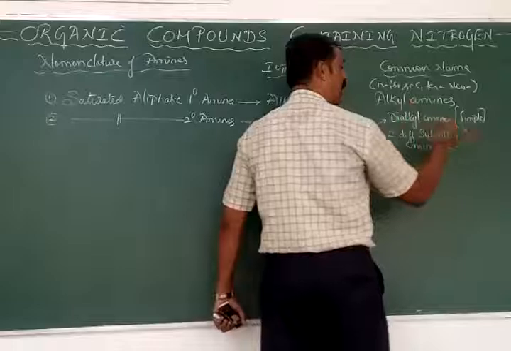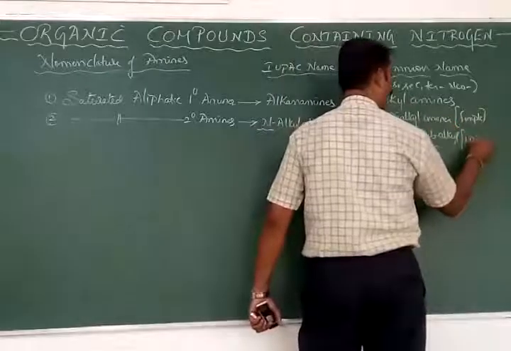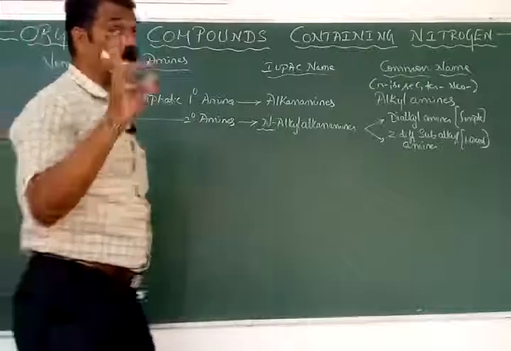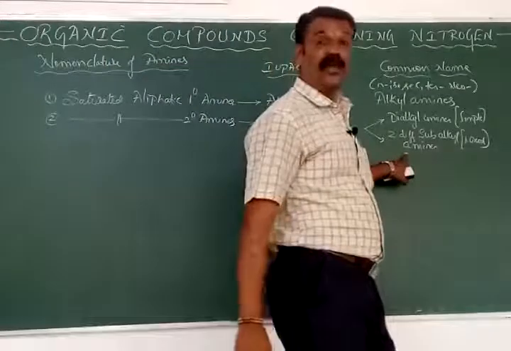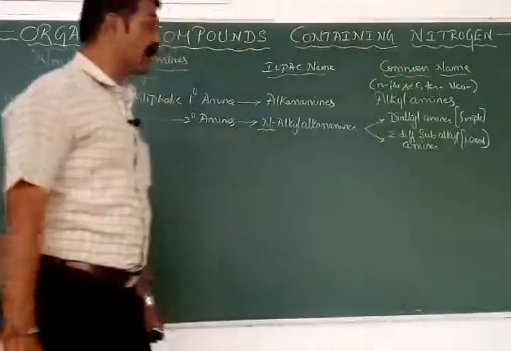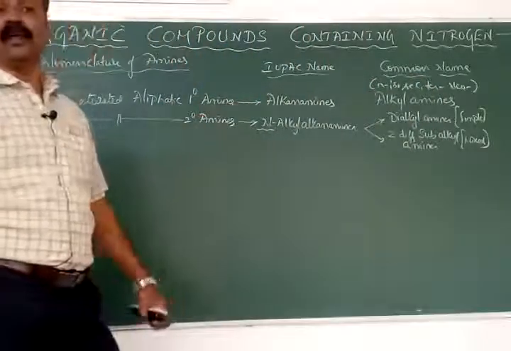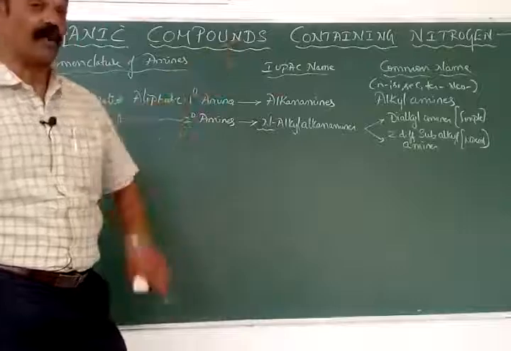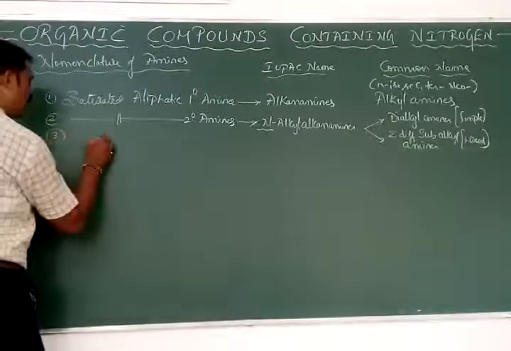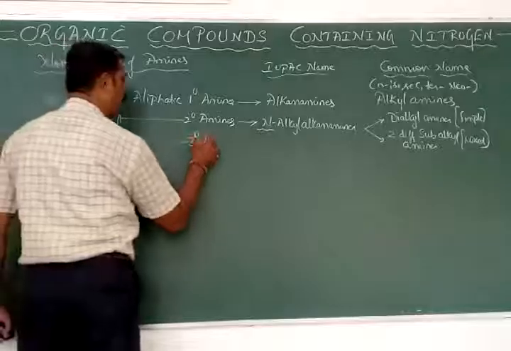Arranged in alphabetical order if it is a mixed amine. Two different alkyl groups have to be arranged in the alphabetical order. Suppose if it is ethyl and methyl, ethyl comes first, followed by methyl. If that be the case, we have to arrange that in alphabetical order. This is an example of the mixed amine. Okay. Suppose if it is saturated aliphatic tertiary